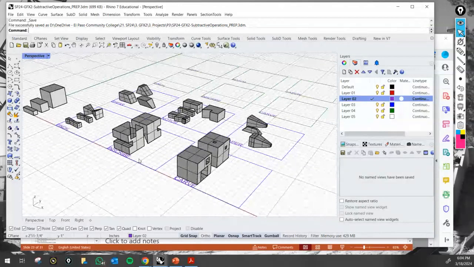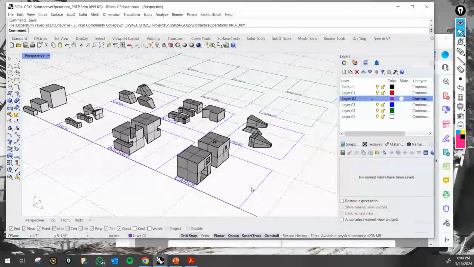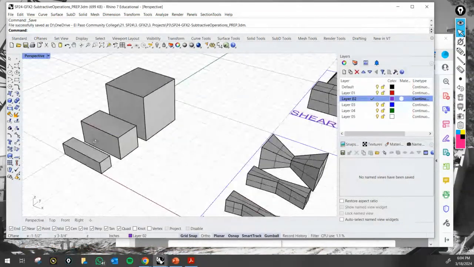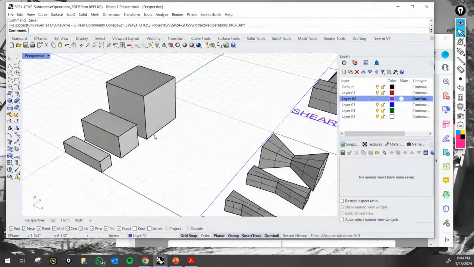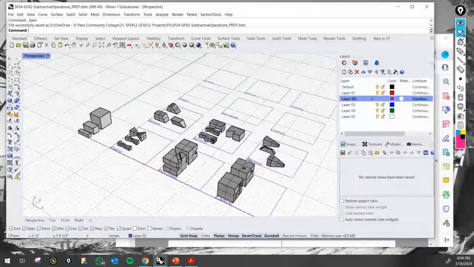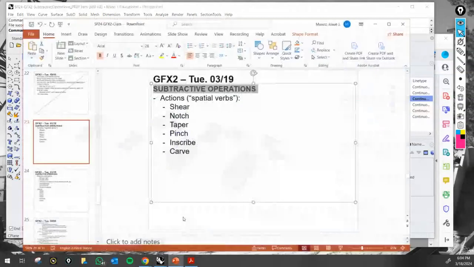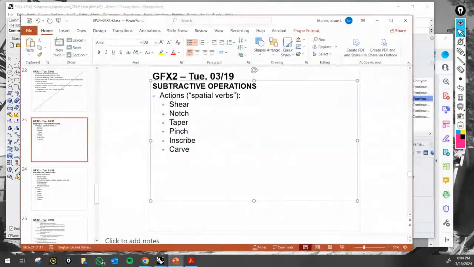Okay, so starting from where we left off with our last project, we're working with aggregates, and in this case, in contrast, we'll work with subtractive operations. So in the past, we had a number of what we'll call base volumes, units, and we were piling them and adding them and merging them to achieve new forms. In this exercise, we'll work a bit differently with the subtractive operations, and we'll learn some actions which I'm deriving